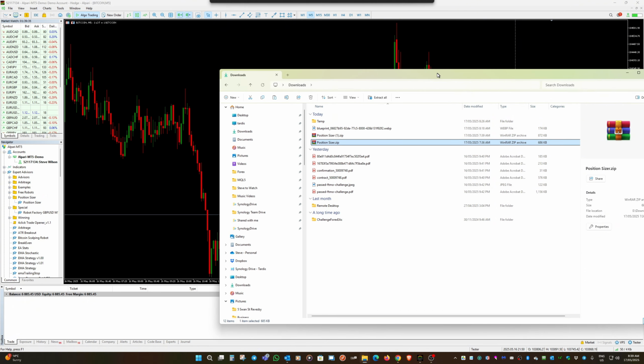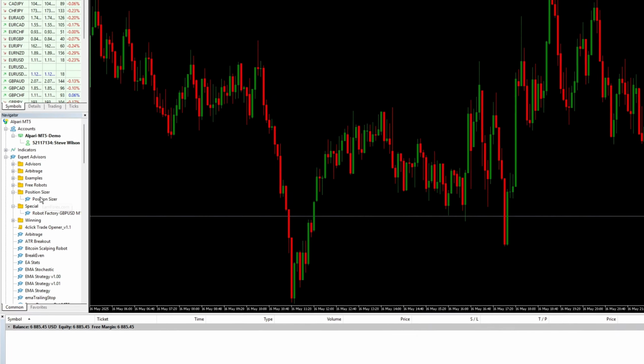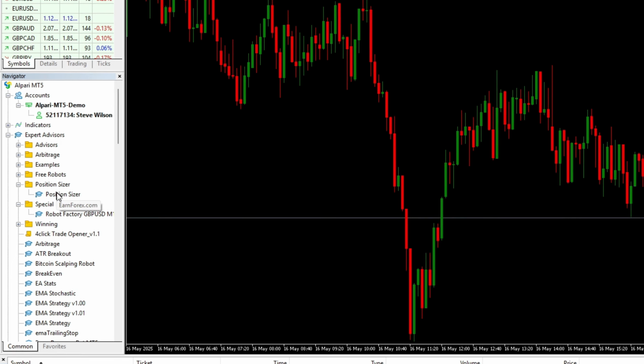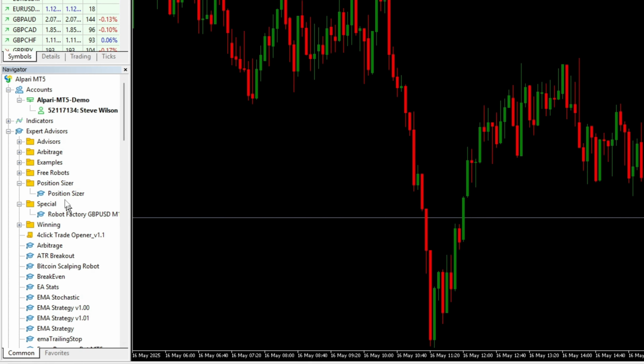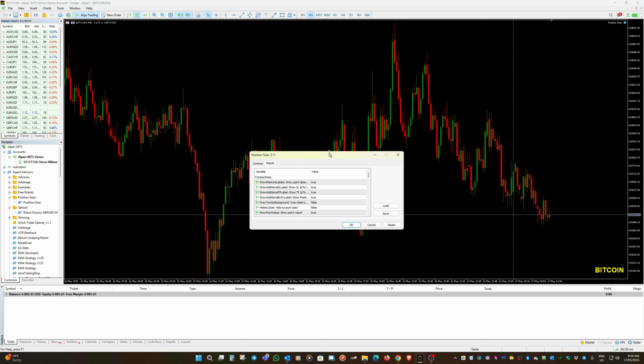Now let's load this onto the chart and have a look at the default settings. One thing, after you copy the files over, you might not see this right away. Easy solution is close your MetaTrader 5 and reopen it again, and then you'll find this folder under your expert advisors. So drag the position sizer onto the chart,